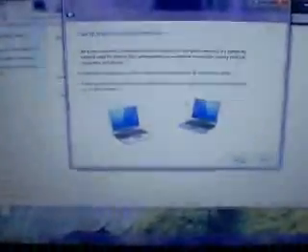We find the option that says set up a wireless ad hoc computer-to-computer network. We select this option and press next. Now we have this window that shows us general information about wireless connections and wireless network. We press next. Now we have to type a name for our new network. The name for our new network will be